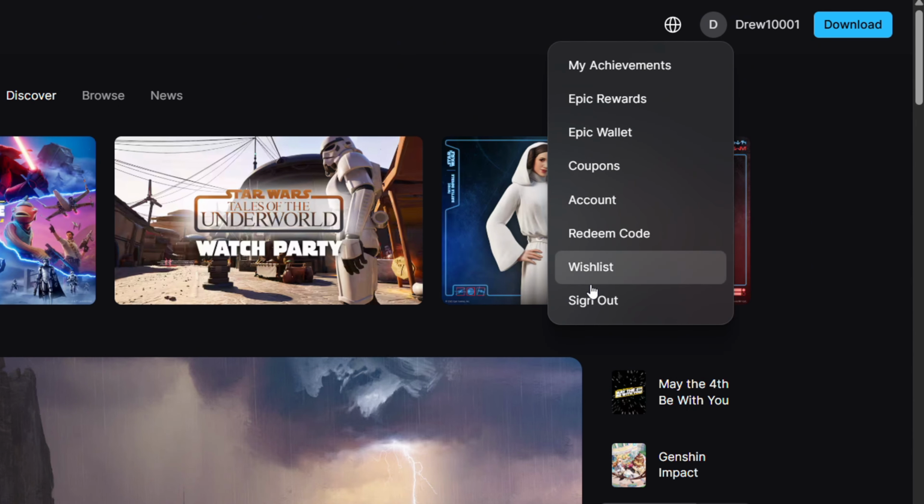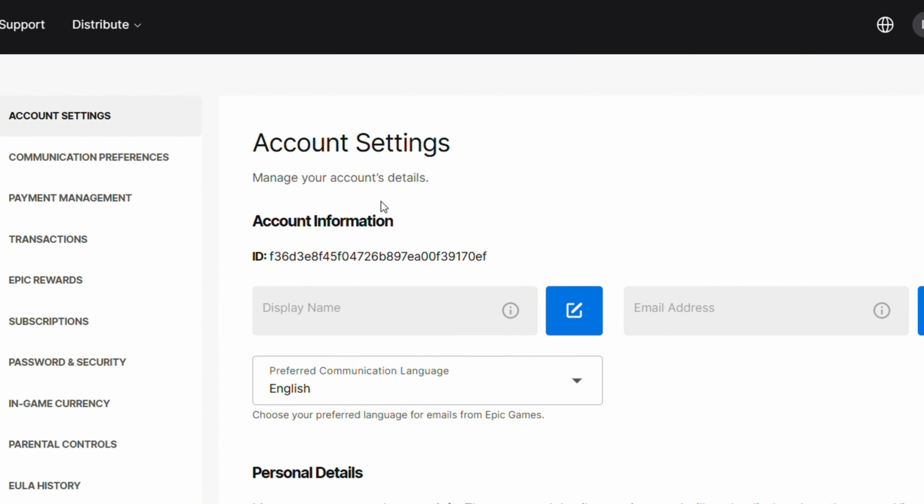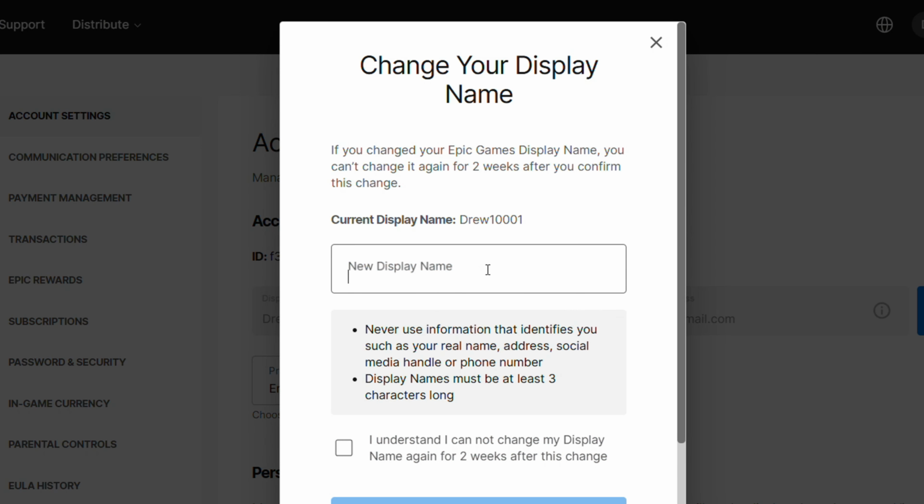If I click on it, you'll see a bunch of options. Just go ahead and click on Account. And here you will be taken to the account section. And here you'll find your display name, right? But you can easily click on the edit button here to edit the name, and you can put in a